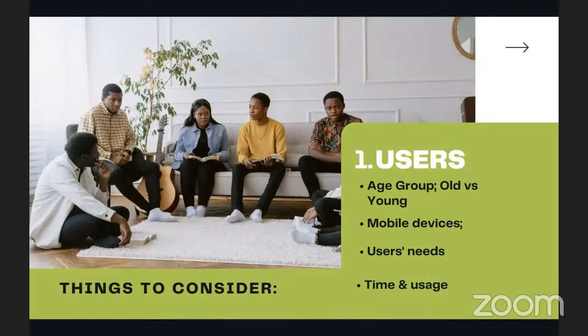So yeah, things to consider when you're building a user-oriented mobile application. One factor is the attributes of your users. There are some specific attributes, like one key factor nowadays, which is the age group. We have young users and we have old users. Nowadays, if you check the current trends, mostly here in Kenya, you'd find that the younger generation are a bit more active on TikTok, Instagram, Snapchat, and similar applications. Whereas you'd find that the older generation, most of them are really not into